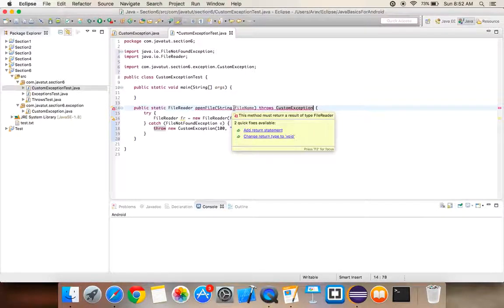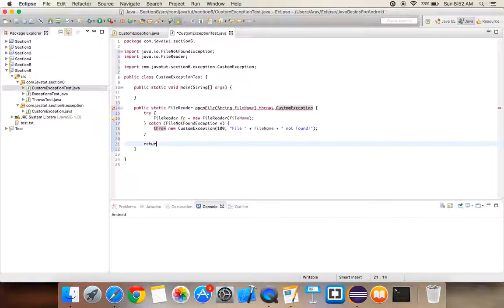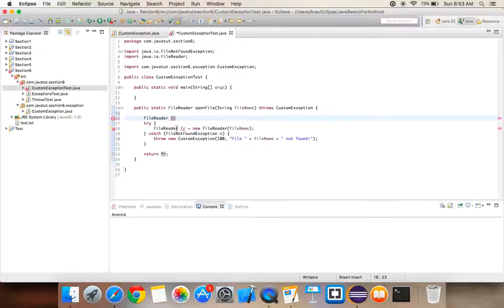Now, what the other error says, this method must return file reader, right? So we don't have a return statement. We can say return fr. Let's declare this outside and then remove this guy. Okay, we just have to initialize it to null here. Return. There you go. So we have open file method defined that is going to throw custom exception, and the actual